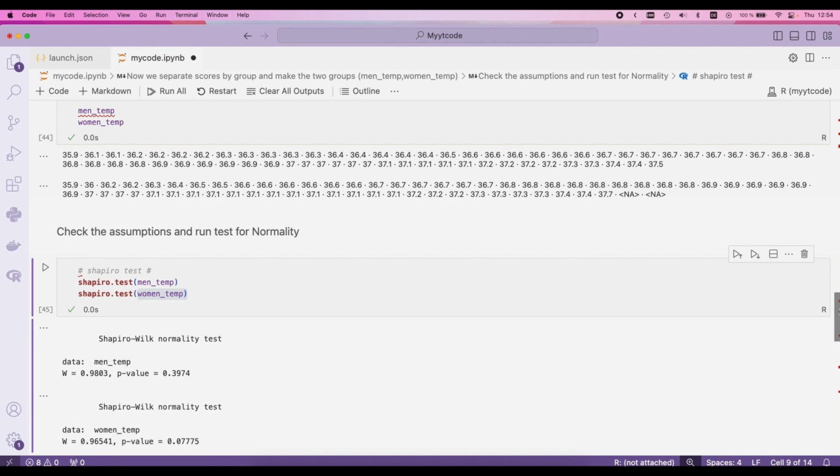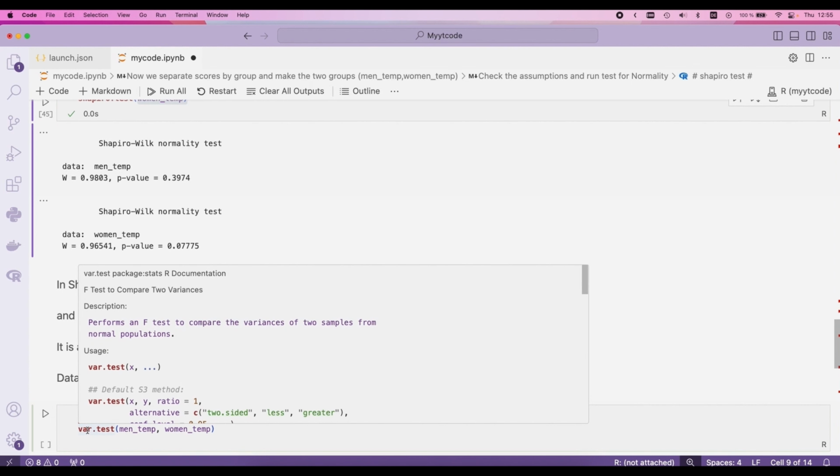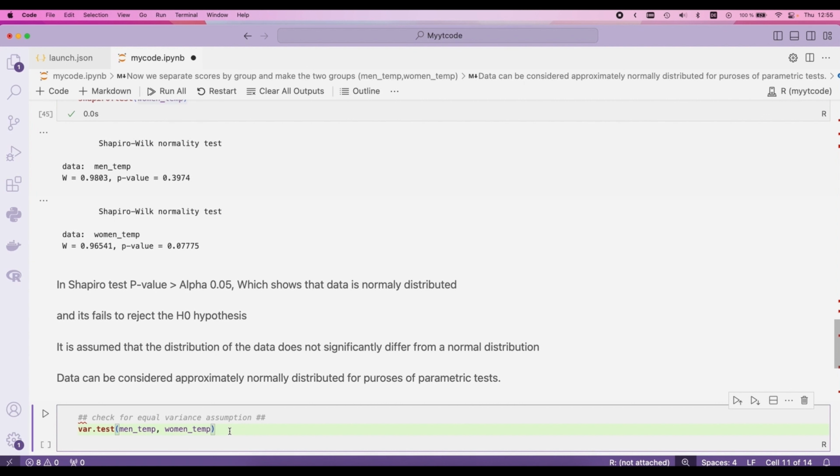var.test function, and it is a simple test comparing the two sets of body temperature. So I'm going to compare the men's body temperature versus the women's body temperature. So here we have the variance test. We write simply var.test and give it both vectors, the men's temperature and the women's body temperature. And this function is going to calculate and determine the variance for both groups and compare them. So we simply come here and run this code,